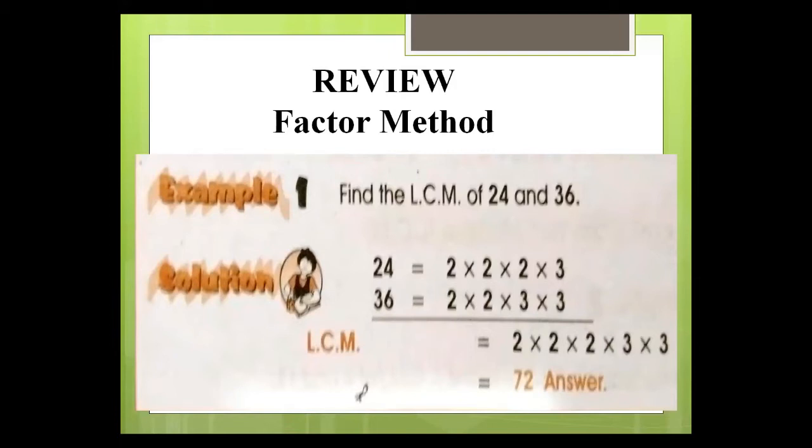How? You check how many pairs there are in these factors, or how many common factors in both the numbers 24 and 36. Here you see that we have a pair of 2, another pair of 2, and a pair of 3. So we have 3 pairs: 2 pairs of 2 and a single pair of 3. The remaining 2 and 3 don't have a pair, but they are factors of 24 and 36.